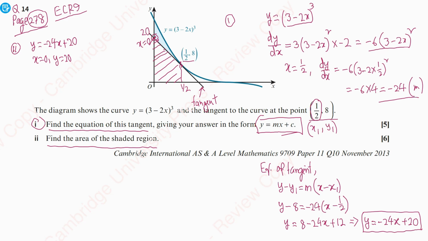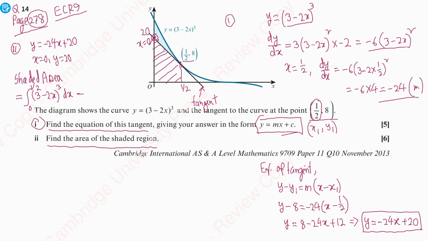So we are going to write the equation. Shaded area equals the curve equation, integral of (3 minus 2x) to the power 3 dx, and its limit is from 0 to half. We wrote here 0 to half. This is the area under the curve down to the x-axis, including the red part, under the curve, minus